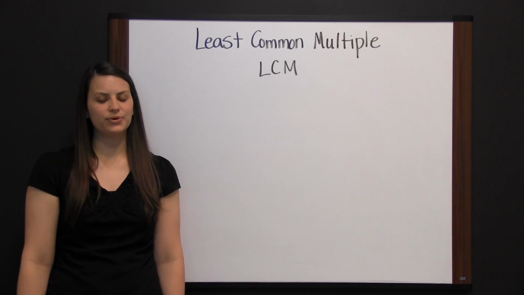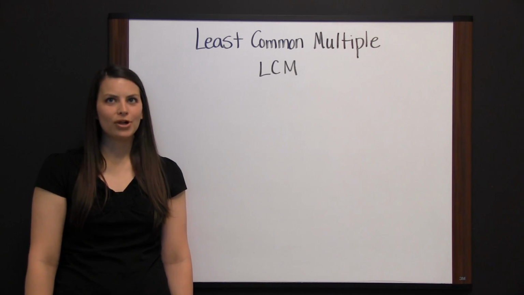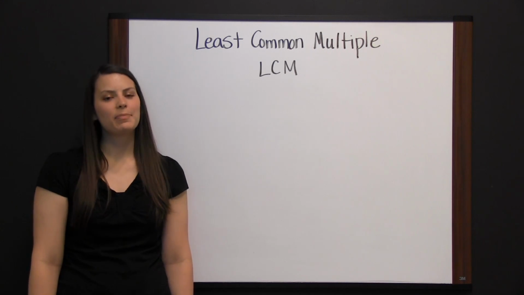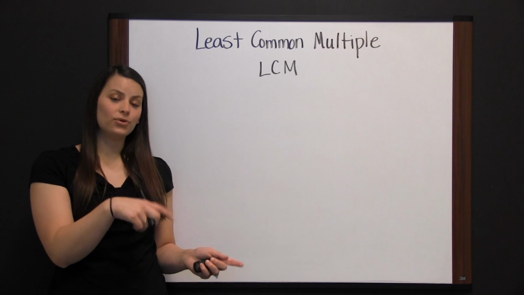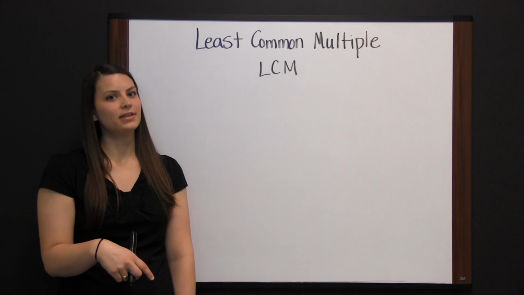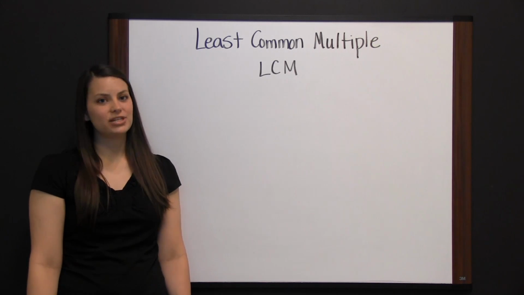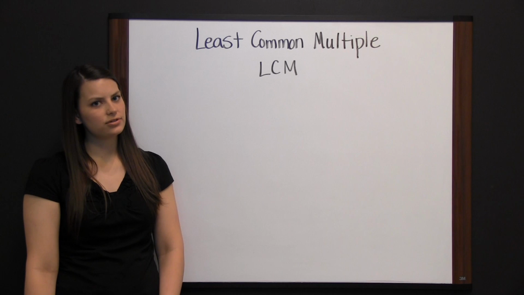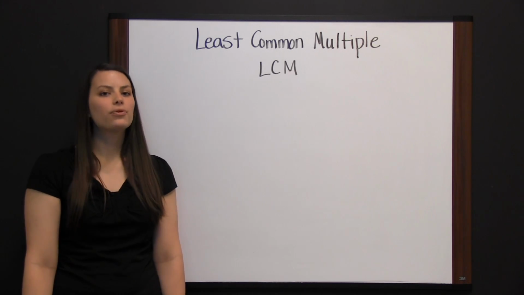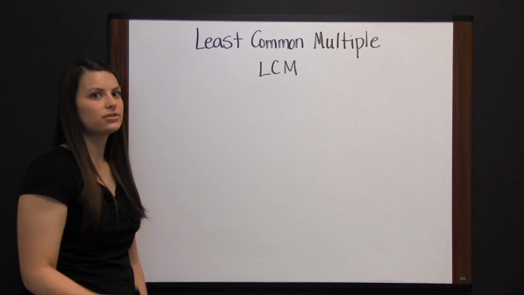Least common multiple. The least common multiple, or LCM, of two numbers is the smallest value divisible by both of the numbers, or it's the smallest number that both of your numbers divide into evenly. The LCM can be found by finding the GCF, or greatest common factors, and the remaining factors. The LCM is the product of the GCF and those remaining factors. For example,